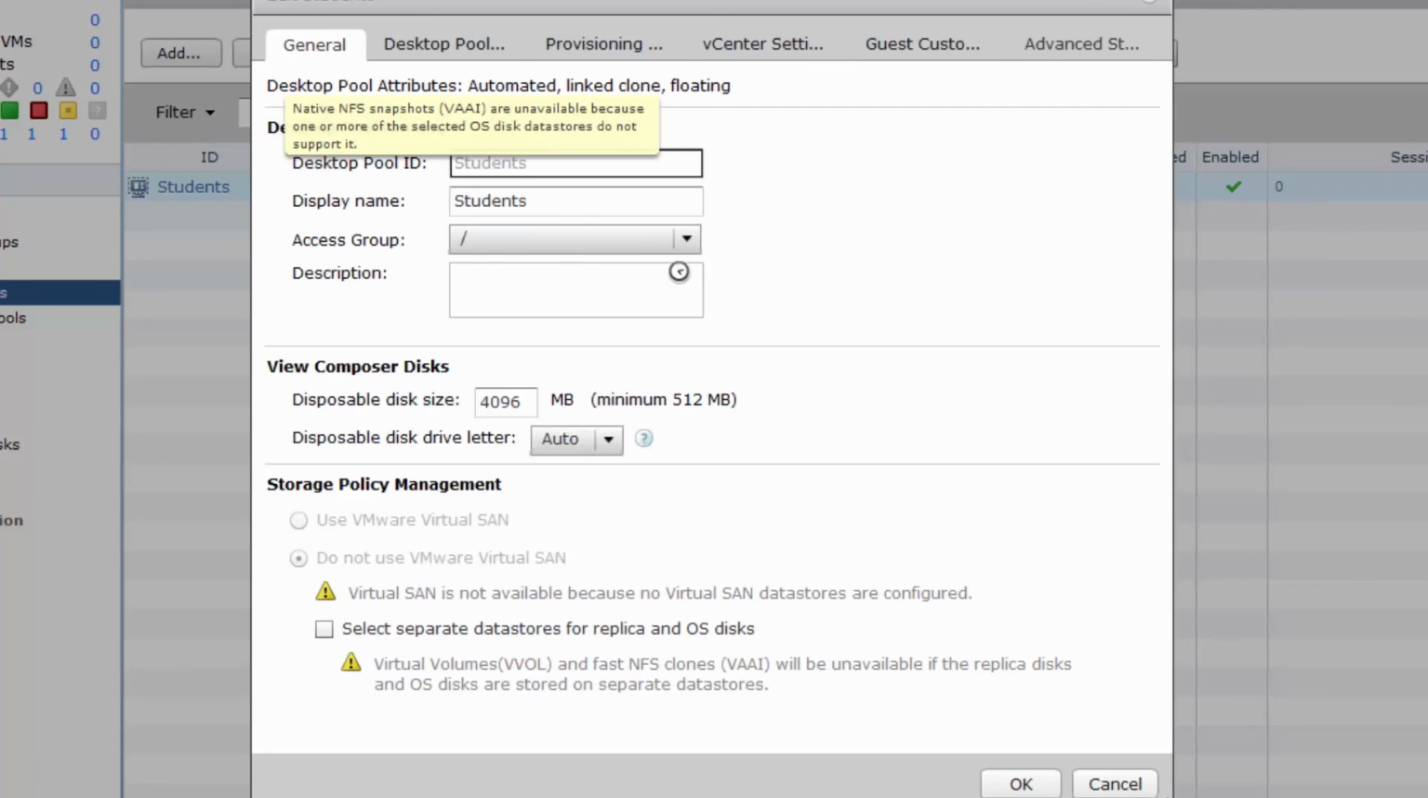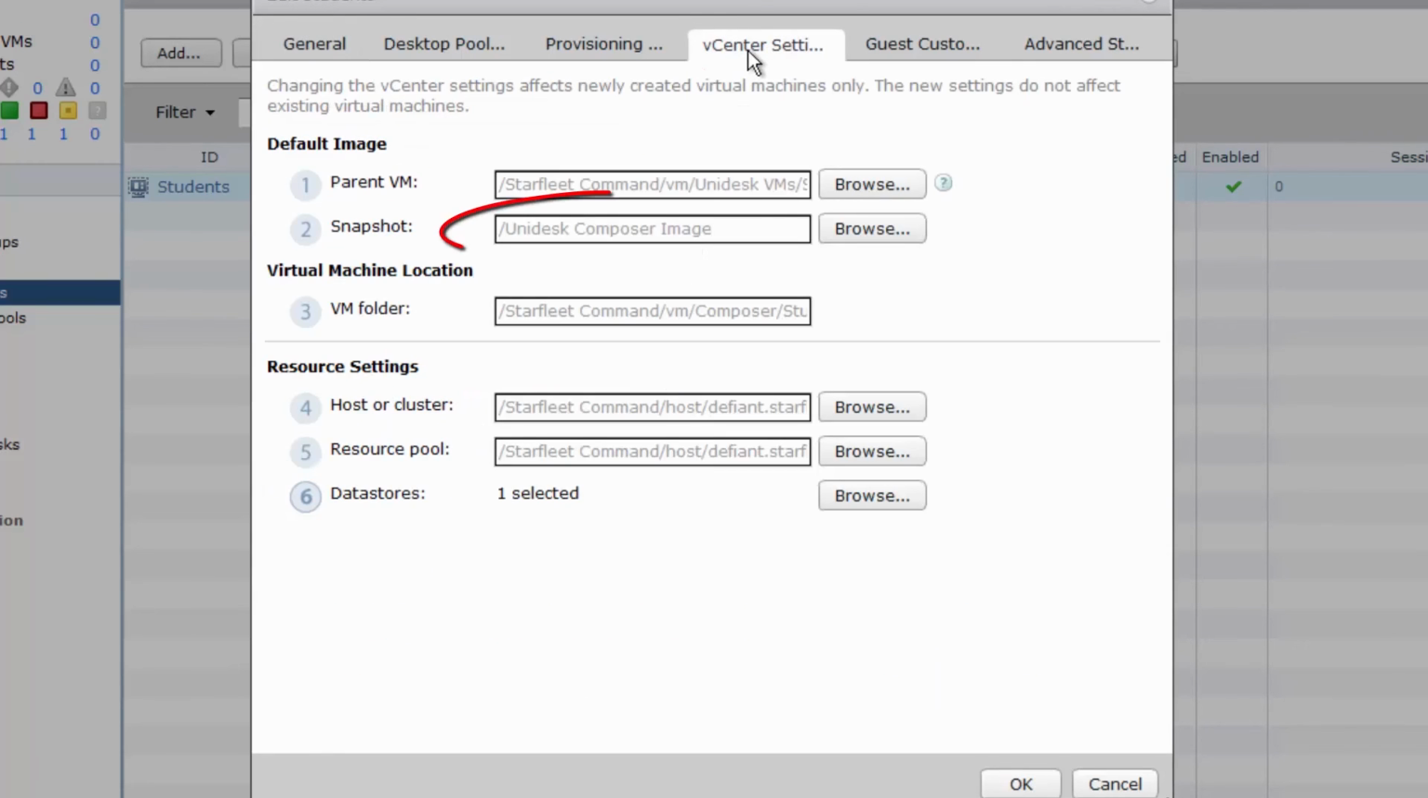what happens underneath is fairly simple. Unidesk actually creates the image that gets pushed out into the storage, registered with View, and turned into a template for View Composer deployment. So gone are the days of having 10 or 20 or 30 different pools with 10 or 20 or 30 different images to update, and instead you update Unidesk layers once, and we actually update the images. If we were to look at these parent VMs,